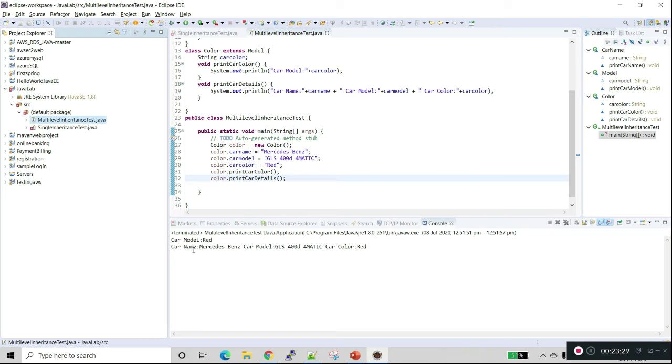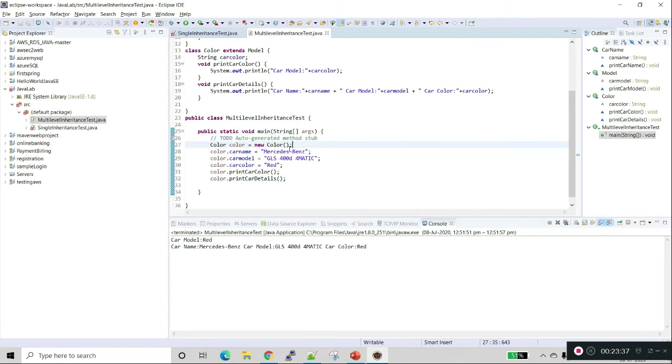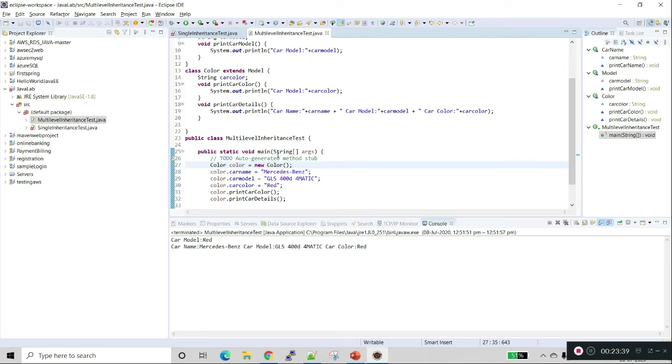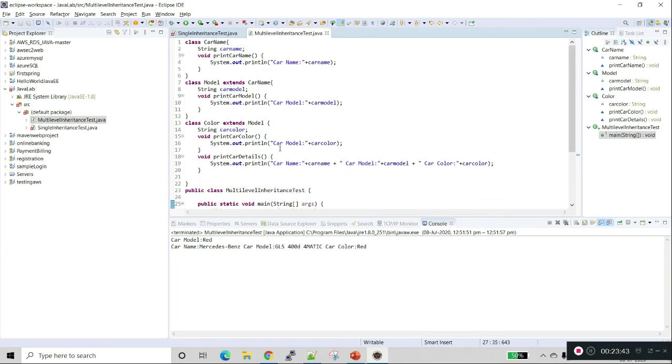Now you can see we are getting car name Mercedes-Benz, car model GLS, and car color red.